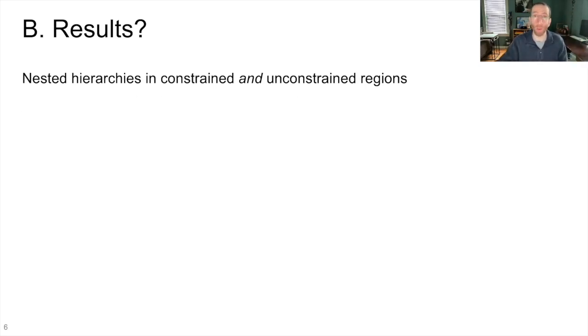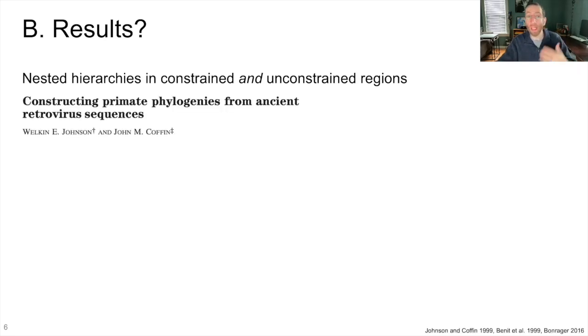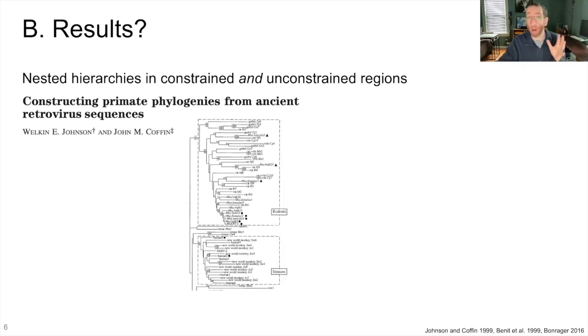What do we find when we look at ERVs? Well, we can reconstruct, for example, primate phylogenies based on their ERV sequences. That's one paper from 1999. In another, we can look at how we can recover distinct groups of mammals like simians and rodents, and they fall out separately. Now, creationists would clearly call them different kinds, different created kinds. So there's no reason you should get this nice nested hierarchy if they didn't share common ancestry according to the